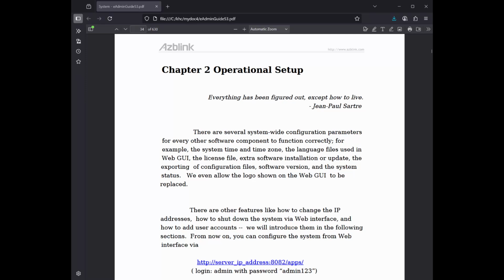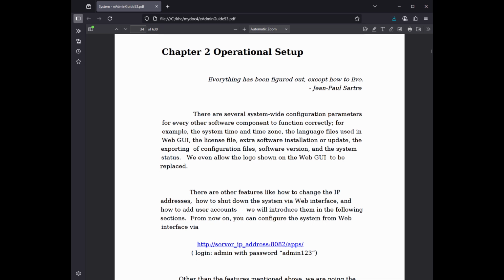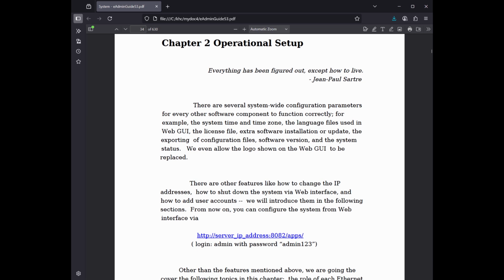Chapter 2 Operational Setup. Everything has been figured out, except how to live. Jean-Paul Sartre. There are several system-wide configuration parameters for every other software component to function correctly, for example, the system